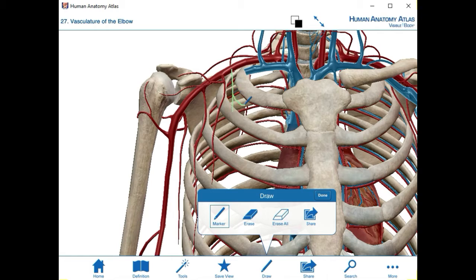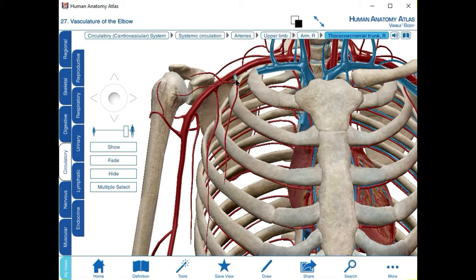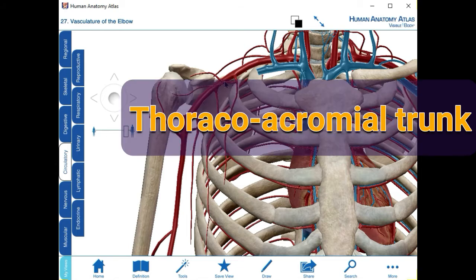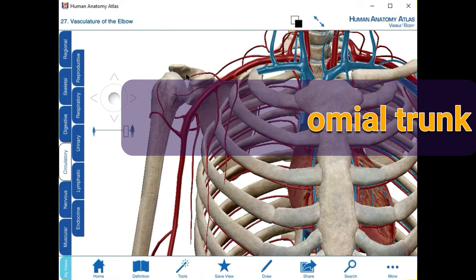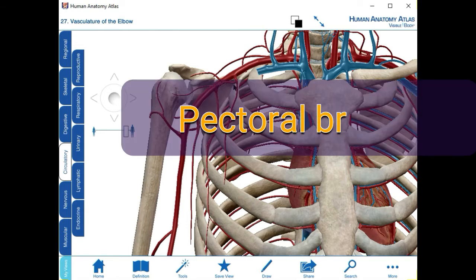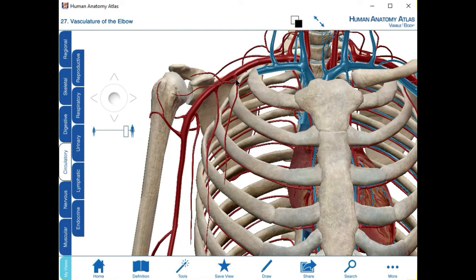So it will be termed as the superior thoracic artery. Then from the second part, this trunk will arise, and from this trunk one artery will go to the thoracic region and another artery will go to the acromion process or acromion area. So this trunk will be termed as the thoracoacromial trunk,